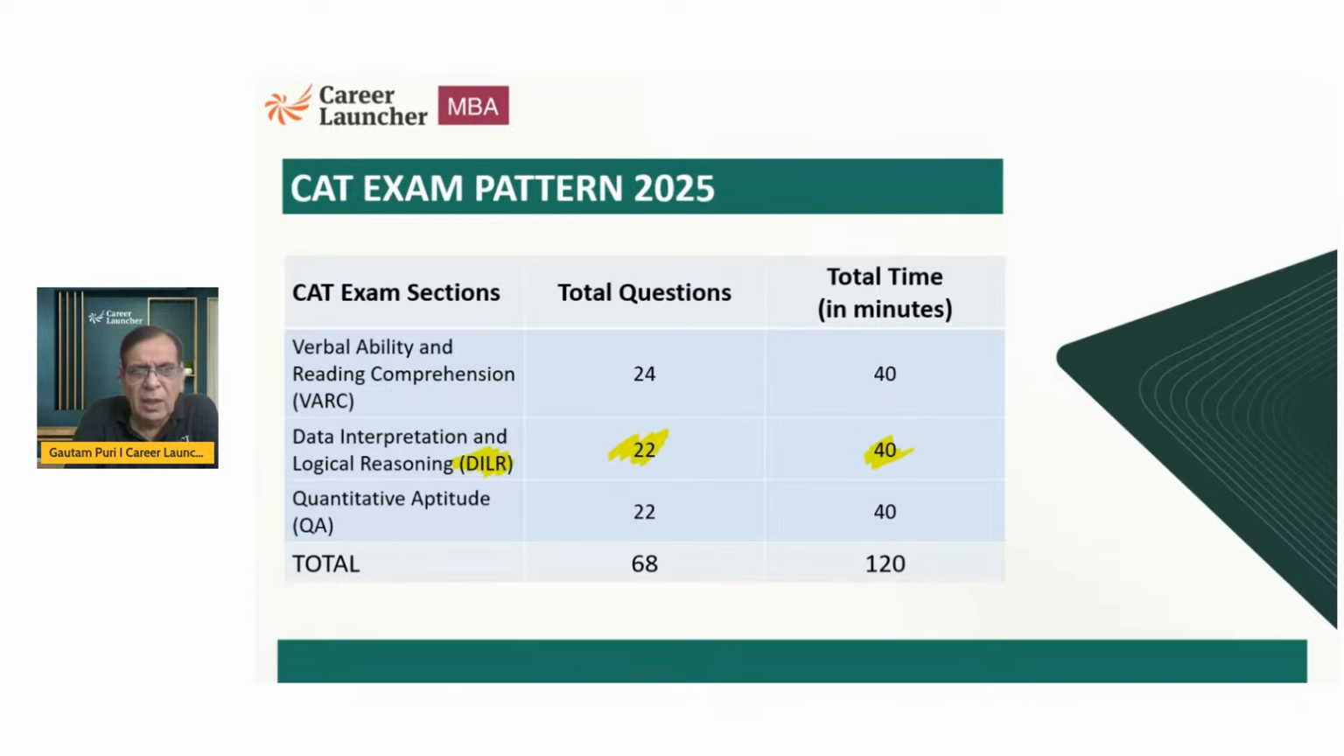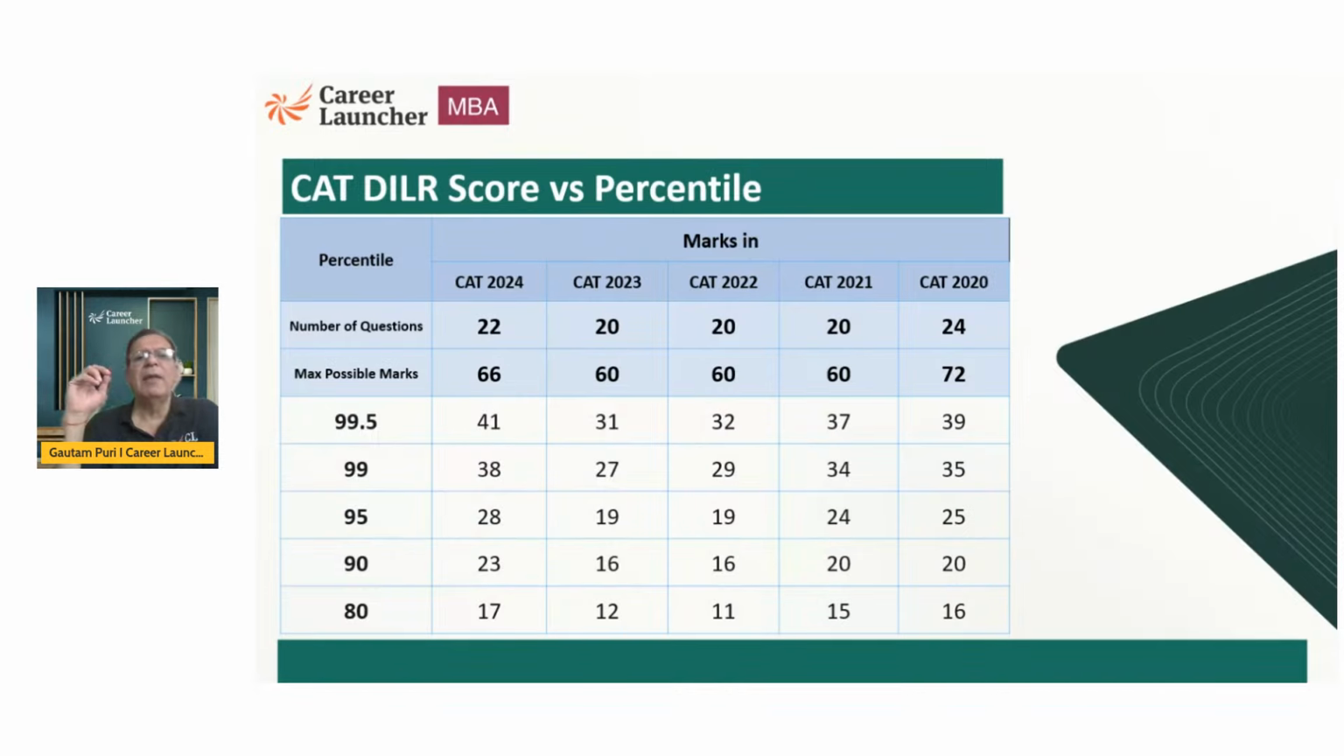Yeah, there might be a couple of questions here or there, but by and large the pattern is likely to remain the same. And if you look at the last 5 years of CAT, the number of questions has varied from 20 to 24. The lowest has been 20 in CAT 21, 22, 23, and the highest has been in CAT 2020 and 24. And hence, because it is 3 marks per question, the total marks of the section have also varied. But one thing which has remained by and large constant is that if you get 50% marks,